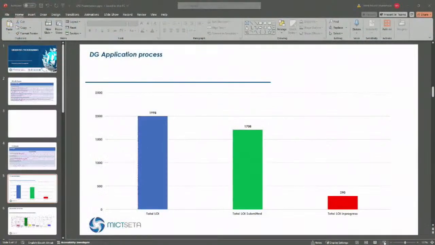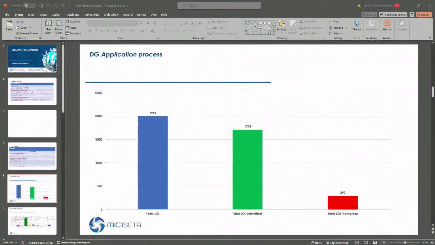Can we go to the next slide. And this is just a slide to reflect the number of applications per province. What we have noted is that most of our stakeholder base is in Gauteng, since Gauteng is an economic hub. And if you check on the graph there, you'll see